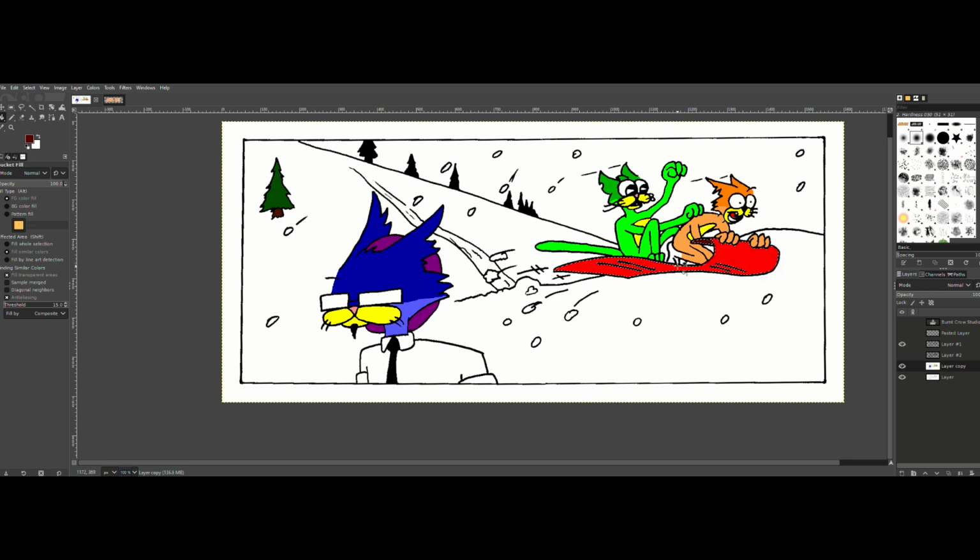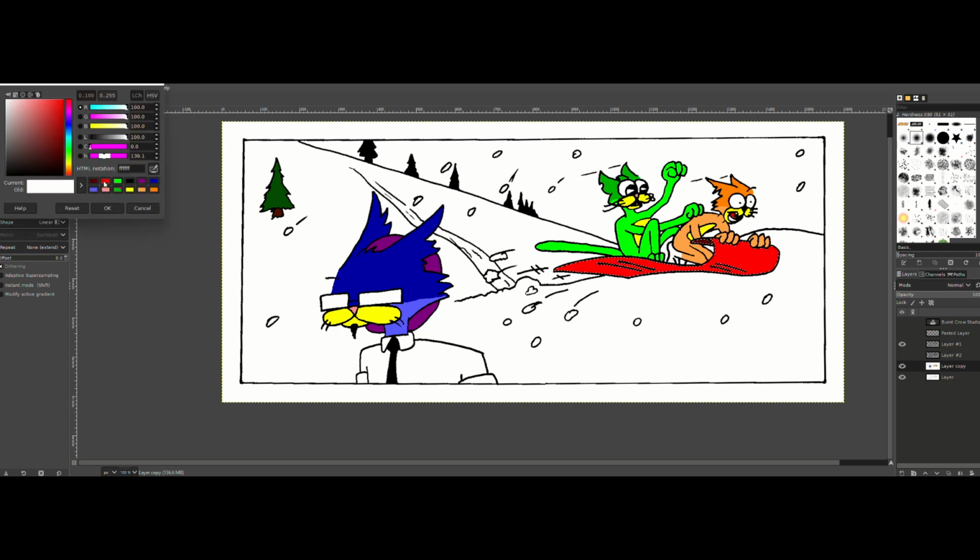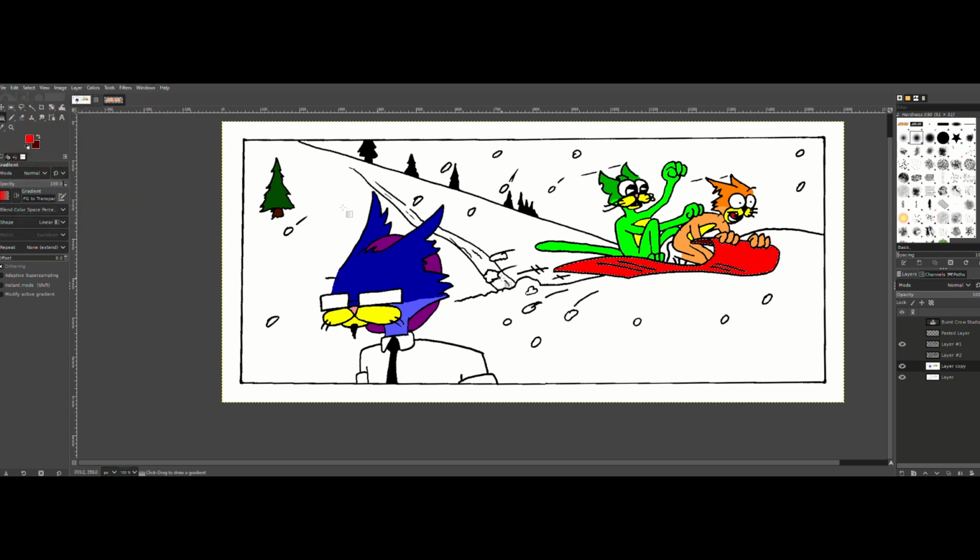Now for the light reflecting off of here, we're going to need to make it dark underneath and light up here. So to do that, a blending tool or a gradient might be the best way to do it. So let's try this. Take off the shadow part and leave that dark. And then this part here, we're going to go for the gradient tool, and we're going to do dark to transparent. So if we start here and go to here,